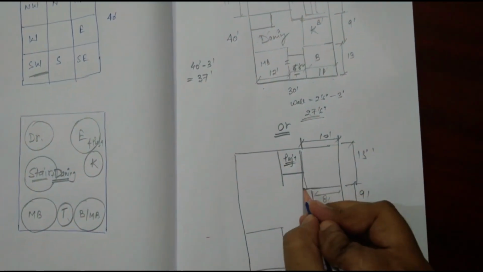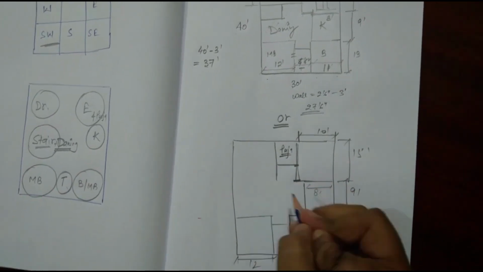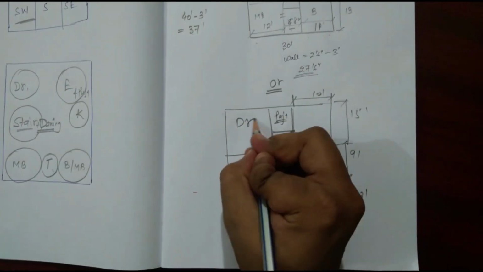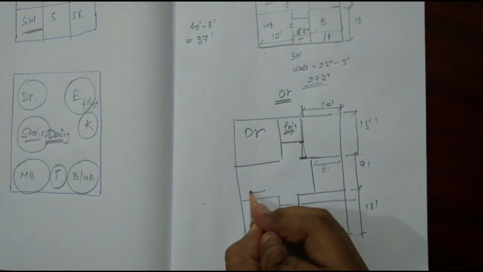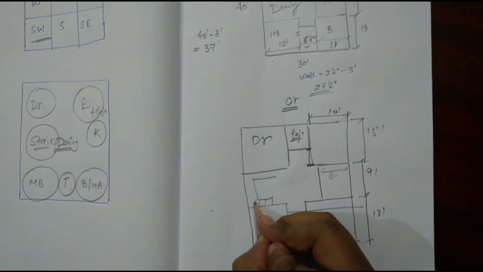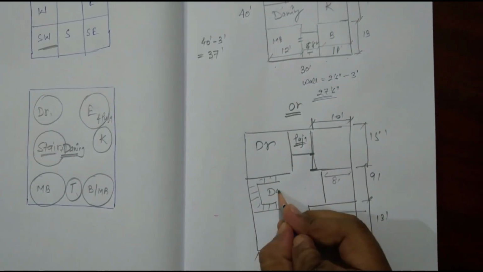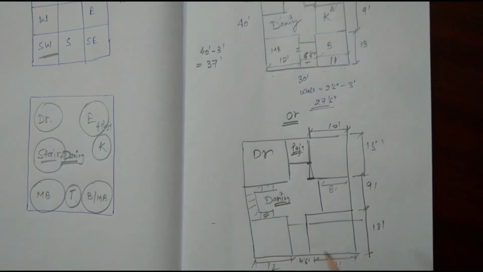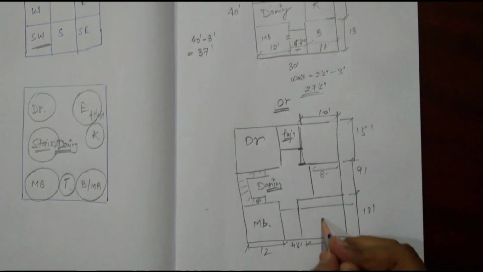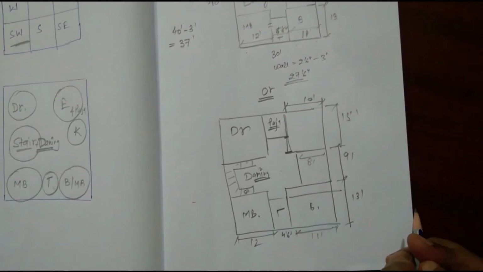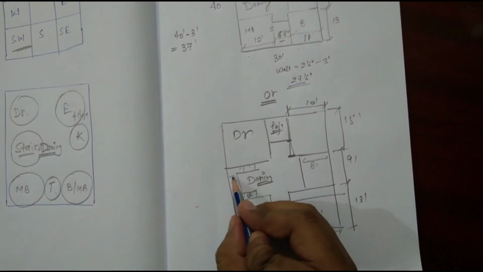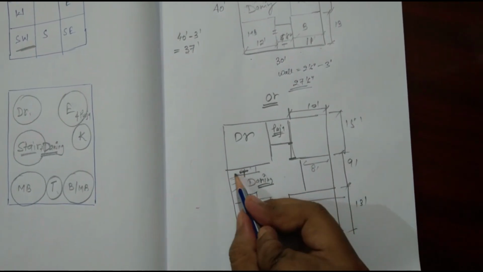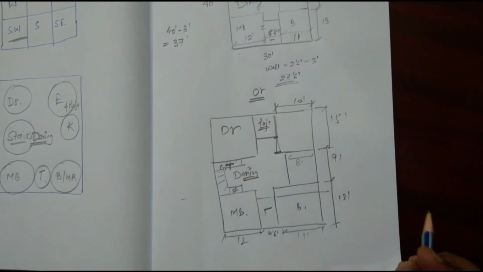northeast direction, the puja room. Now an entrance we can give through the drawing room, and another entrance to the living area. Drawing room here, and here we can give a quarter turn staircase. This space will be utilized for the dining room. As you can see here, this is the staircase, this is the master bedroom, this is the bedroom, this is the toilet attached to the master bedroom, and this landing, below this landing we can give a toilet, which we can use as a common toilet.